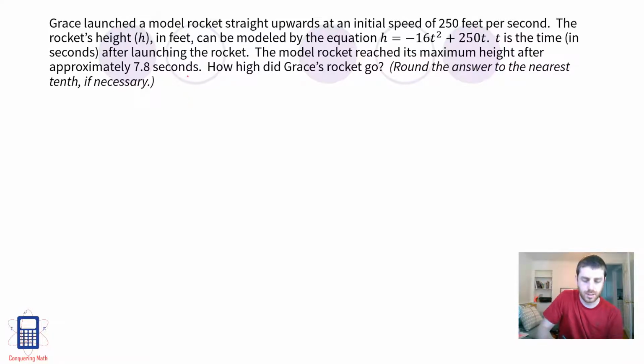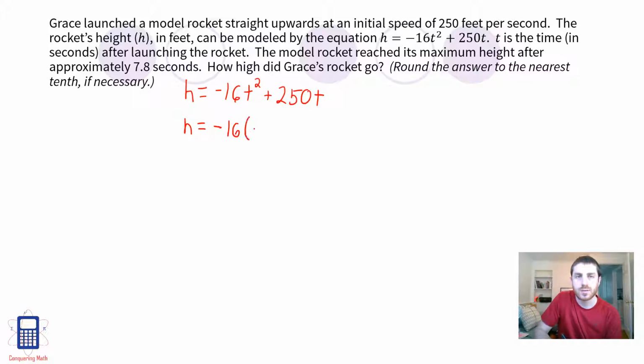We've got the equation for the height. Height equals negative 16t squared plus 250t. And we can go ahead and substitute in. So wherever we see a t, we're going to put the time, which was 7.8 seconds. That was the maximum height. So we have negative 16, and then instead of t, we have 7.8. And we always put it in parentheses. That kind of helps us keep track of everything. Here, t was supposed to be squared, so we'll put squared right there. Plus